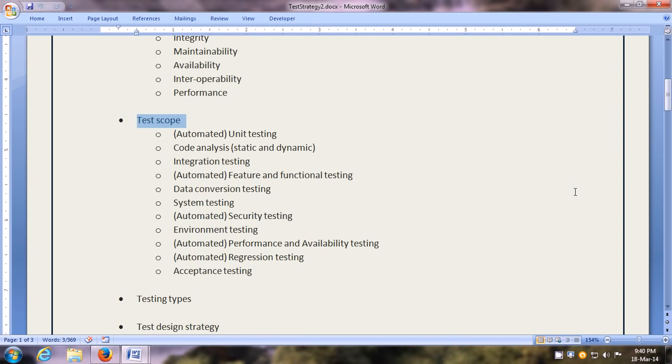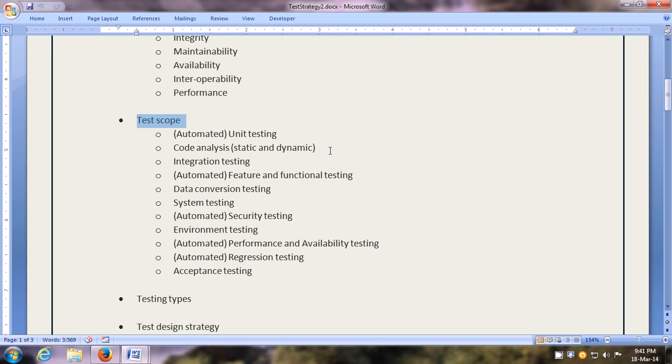The next section in this test strategy is the test scope, and here we can identify each type of testing that is required, and along with a description of the type of testing, you can give the testing tools that the team can use. So first is the unit testing. Unit testing basically involves testing software units or software elements, and the testing tool, if it is .NET, it can be NUnit. If it is a Java application, it can be JUnit.